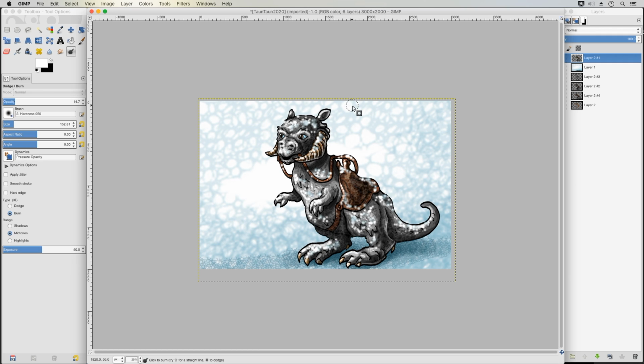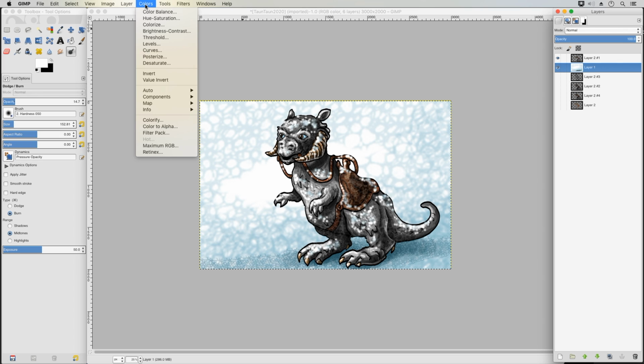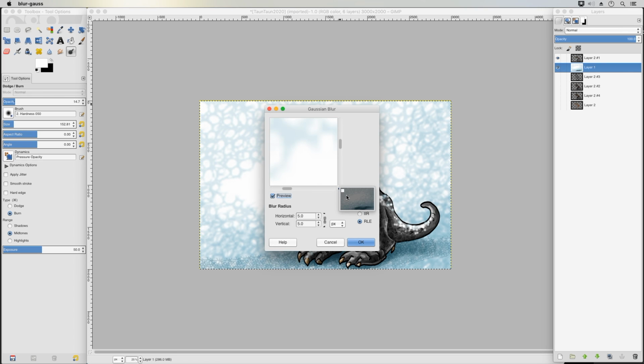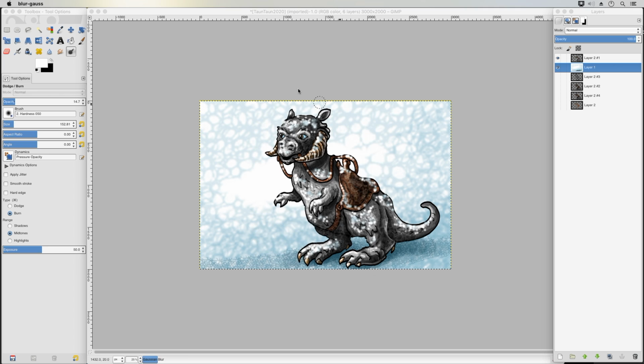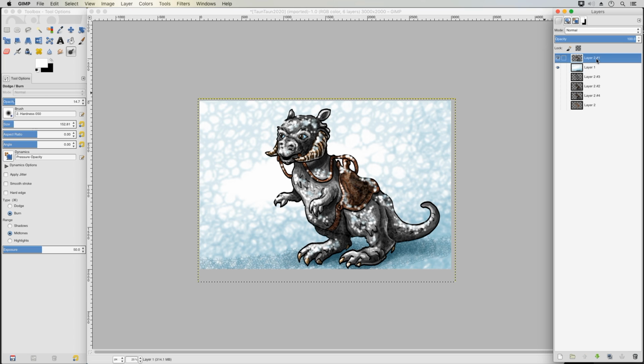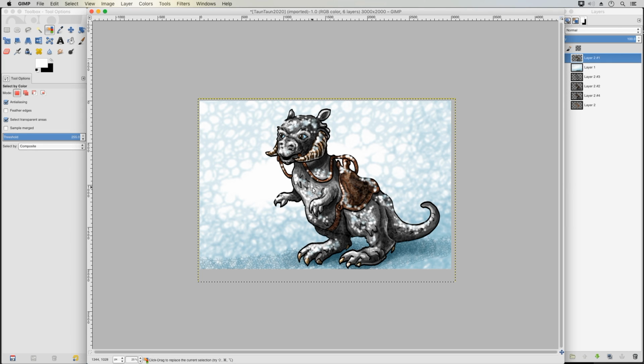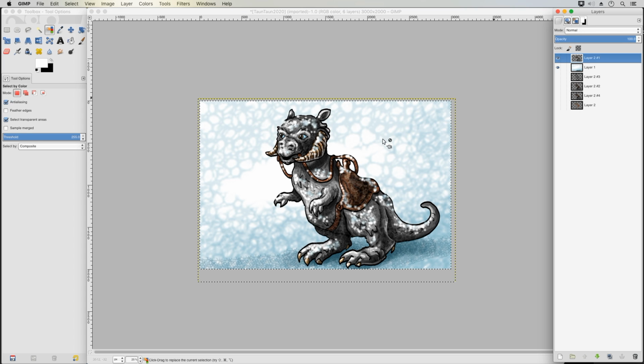And then with the background, we'll just blur it up a little. What that'll do is just blur it up a little bit so it's not so sharp. And the last thing we'll do is add some color to this. So what I'll do is I'll highlight the character again. Where's the highlight? That's weird. There we go. So to add color,